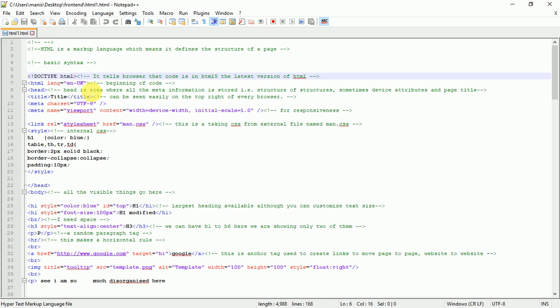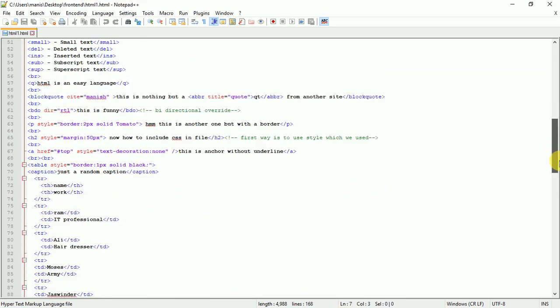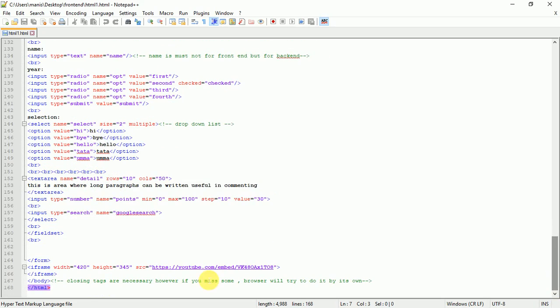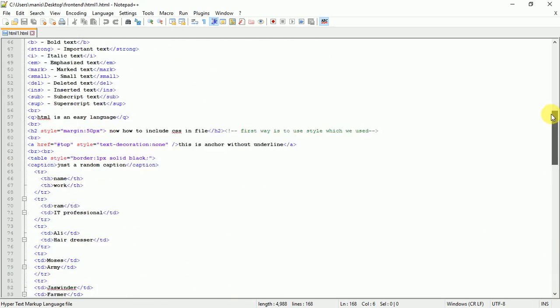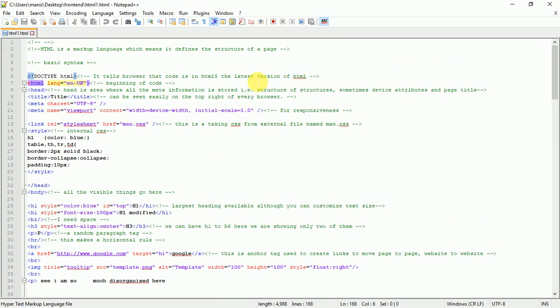And the HTML contains mainly one tag which defines the main content of HTML, starting from here, so HTML, and then we have the ending tag of HTML here. So everything in between is our actual code for the page. Okay,